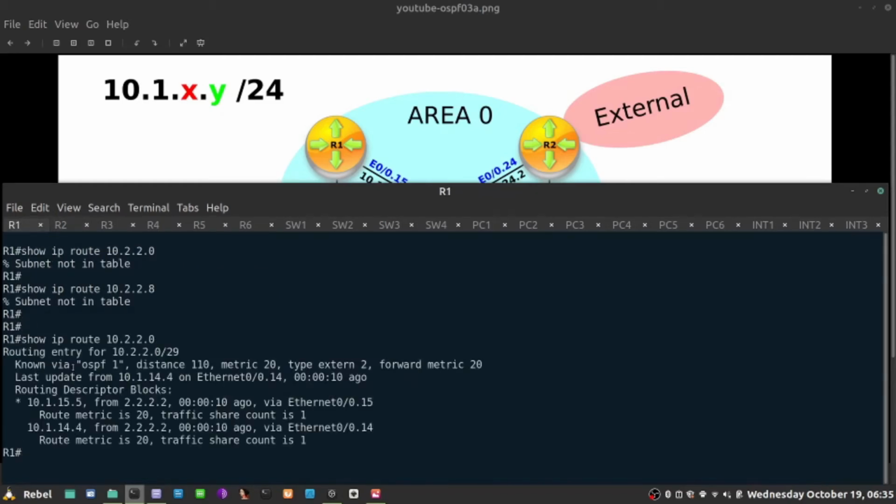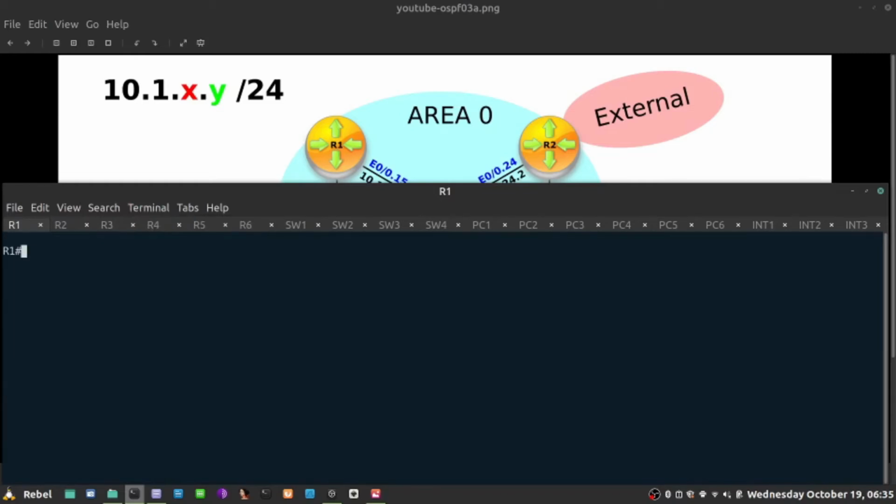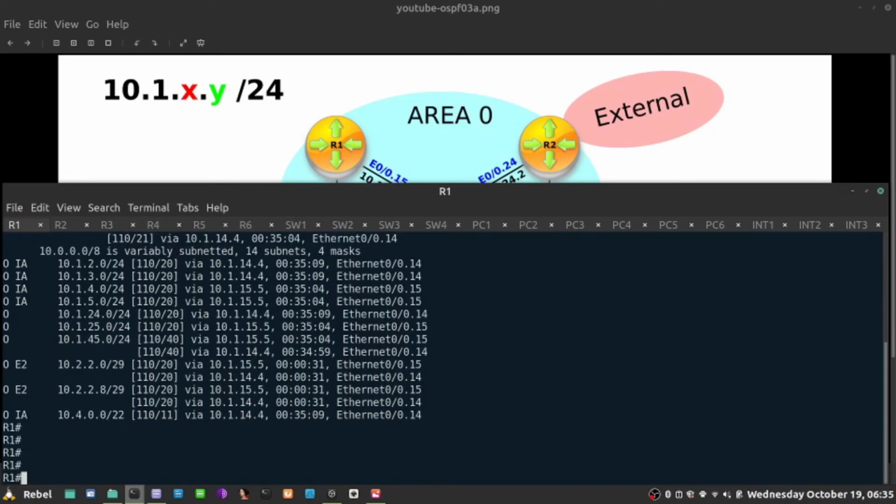So if I go back to my R1 now, it should already know how to reach this subnet, and it's learned via OSPF. Distance is 110, metric 20, type external type 2. For metric 20, we'll talk about that later. But for now, it is available as external type 2. So if I do show ip route ospf, I see them as E2 here,